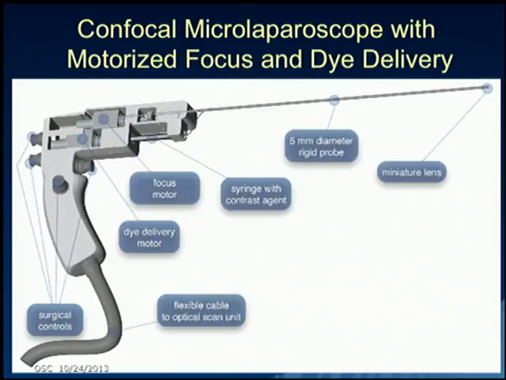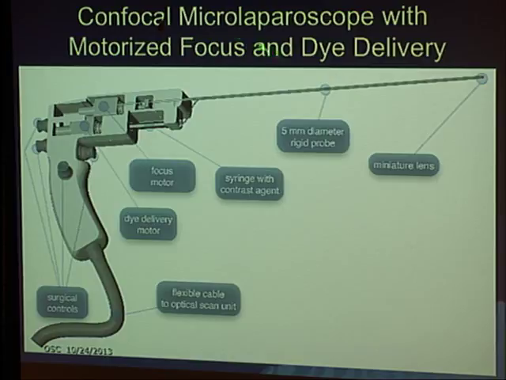Most of what you'll see today was using acridine orange as the fluorescent dye. So the real application that we've focused on a lot over the last 5 years or so is in the area of imaging inside the abdomen. Confocal microlaparoscope: laparoscopic surgery is when they go through a port in the abdomen and allow you to visualize what's going on in there and extract tissues out. You can do oophorectomies, hysterectomies. Appendicitis is mostly done laparoscopically, removing the appendix. There are lots of surgical procedures for which having a microscope capability in that context could work.